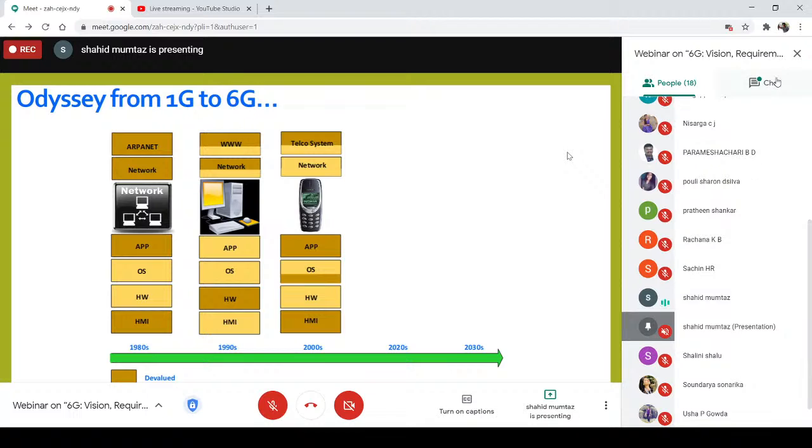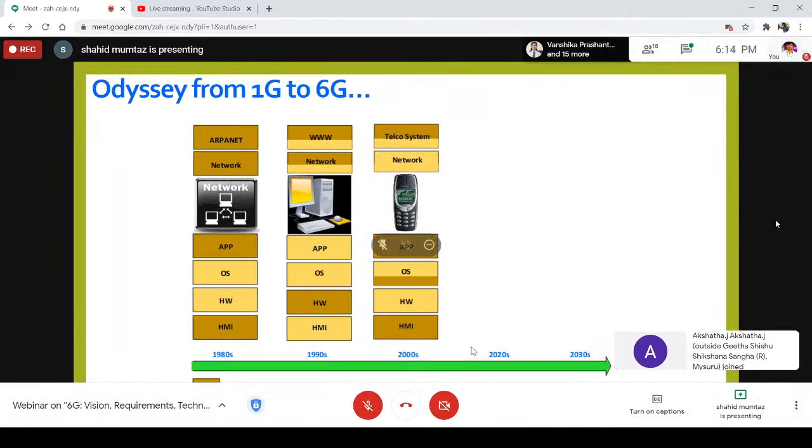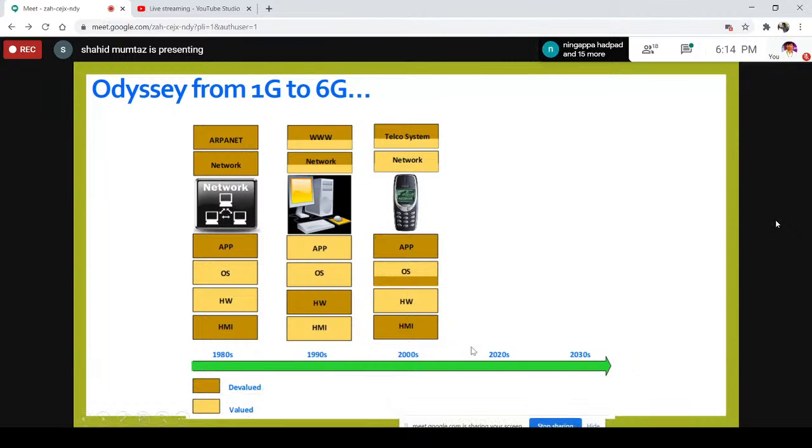phone, 3340. This is a famous number from Nokia, a very nice phone at that time. And you can see that the top button is quite important, where we are moving. We are moving from WWW to the telco system. So this means telecommunication operators start feeling that it's quite important to put their telecommunication network together with the internet, with the wired network. So you can see that this is happening around 2020, where you have 3G start working on that part. And then in 20 years time, you can see that our telco system now comes into cloud and